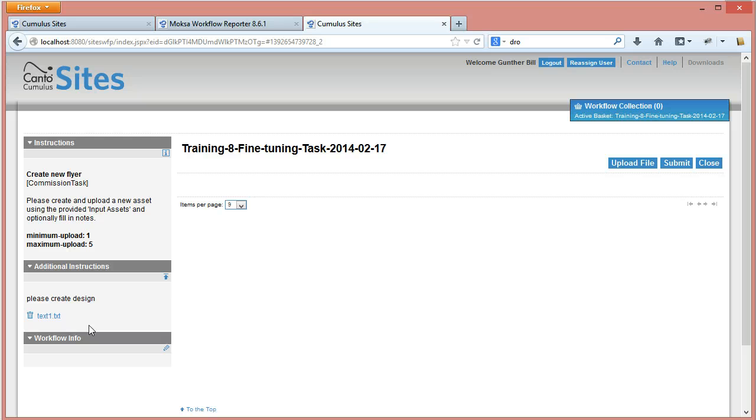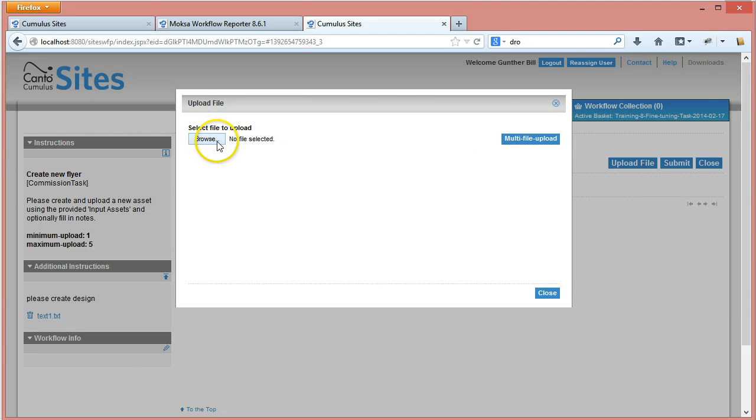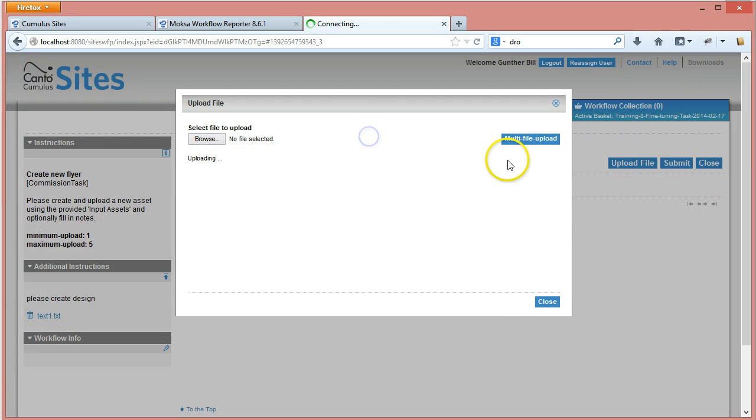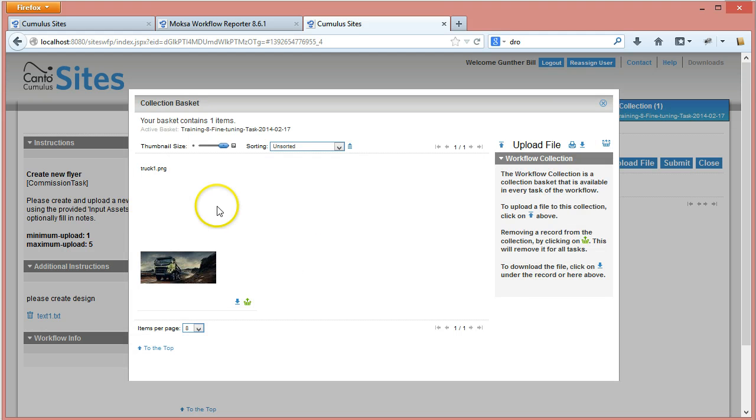Another functionality that I have is inside my workflow, I can have an upload button here. I can browse for whatever file I want to upload. I select it. I can do the multi-file upload, of course, with dragging and dropping files in. And if I come back, I see that I now have this task, and I have the button that allows me to add or remove it from the task. So if I log out